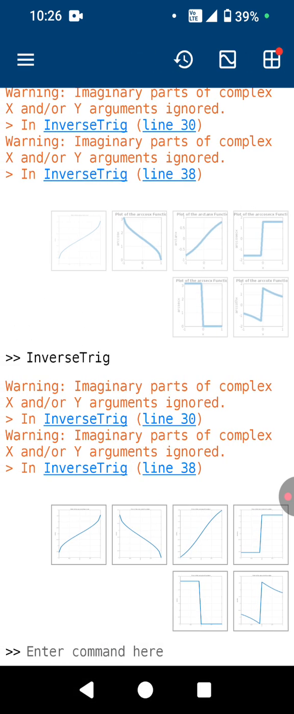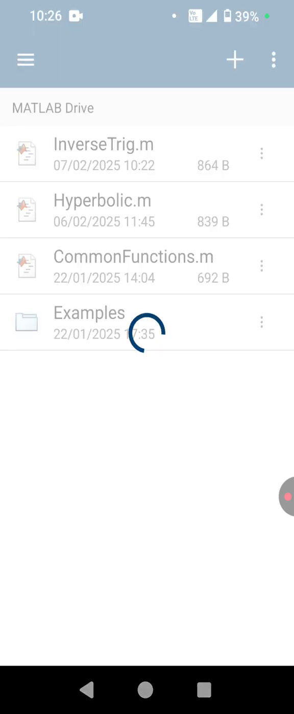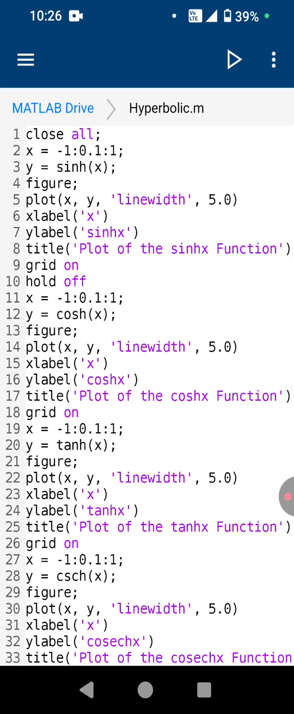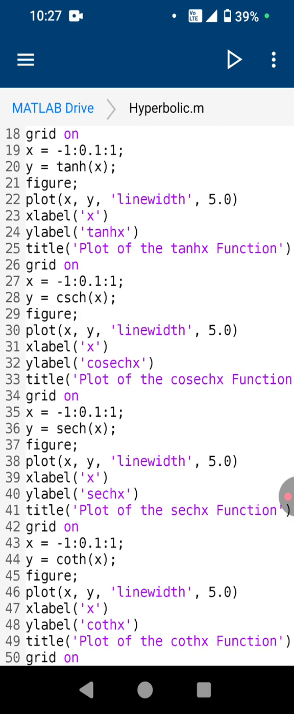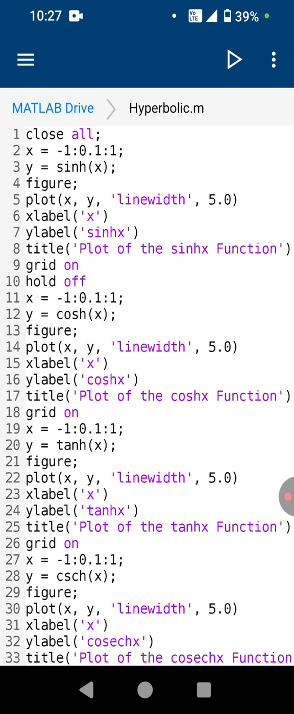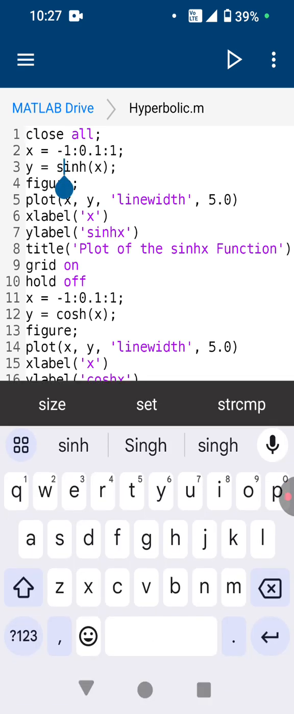So let us now see how the hyperbolic functions look like. So this is the code for hyperbolic functions. I will pause for a minute here so that if you want to write down the code and run it for yourself, you can write down the code. If you write down code for one function, then it's pretty much the same, except here the